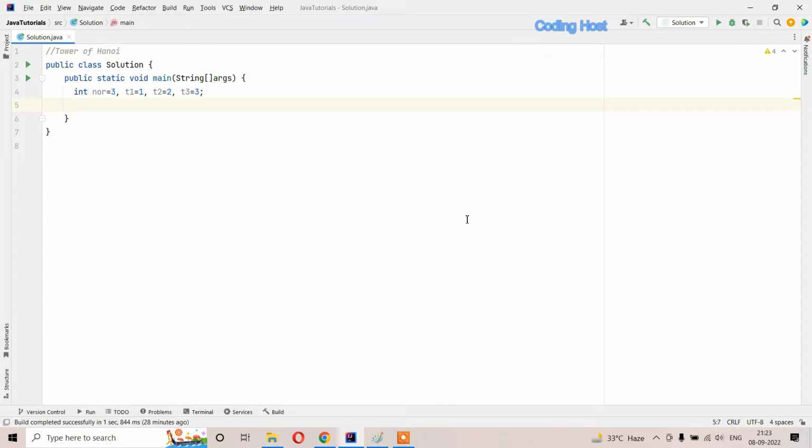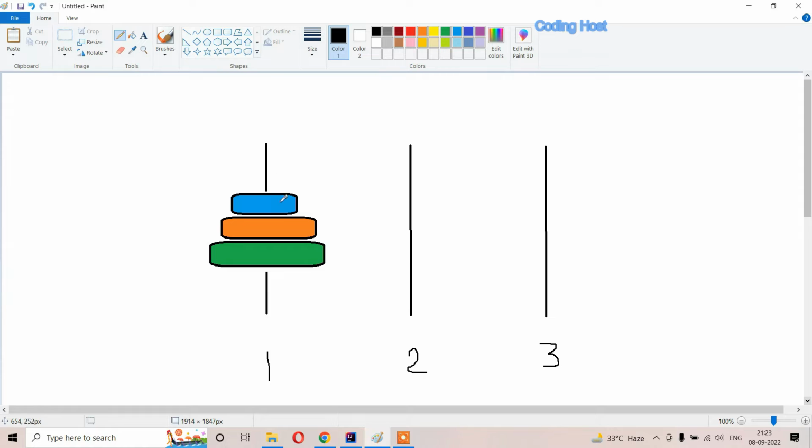In this video, I will explain a program, Tower of Hanoi. In this program, we have three towers, 1, 2 and 3. Initially, we have these three rings in tower 1. We have to move these rings to tower 2 with the help of tower 3, because at a